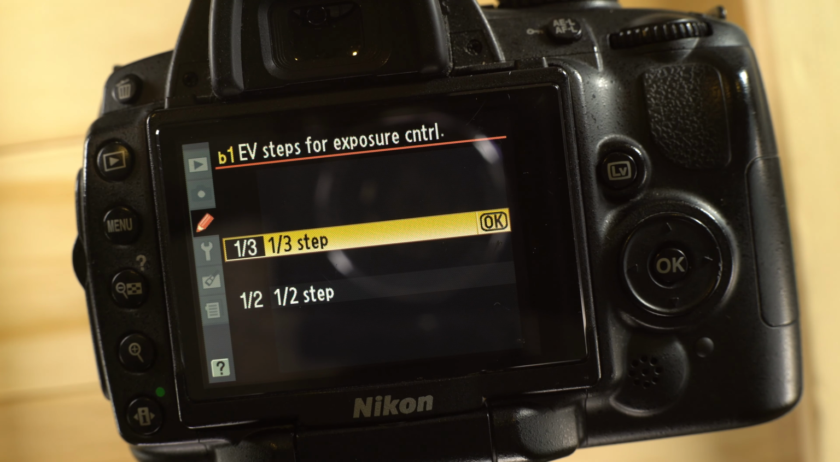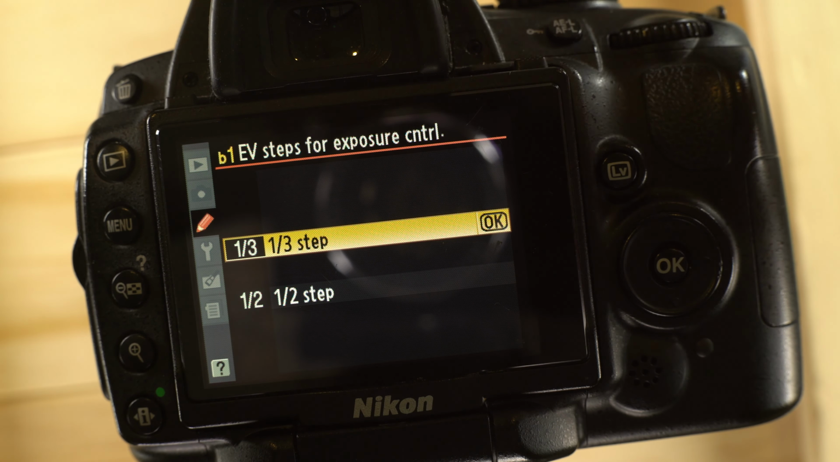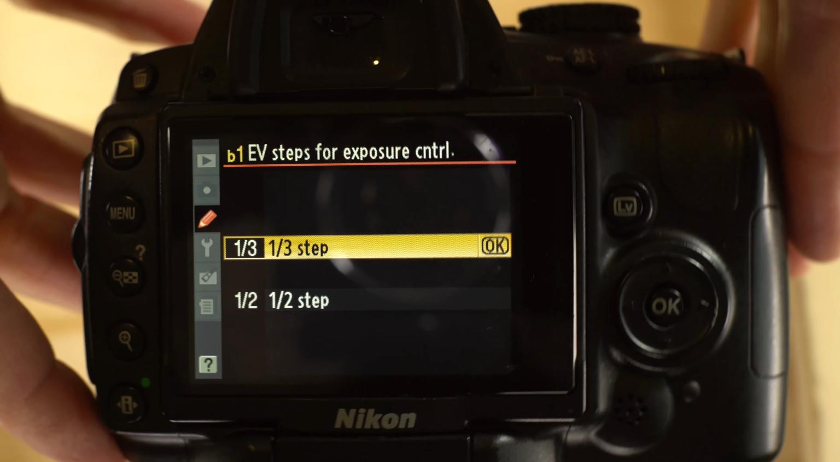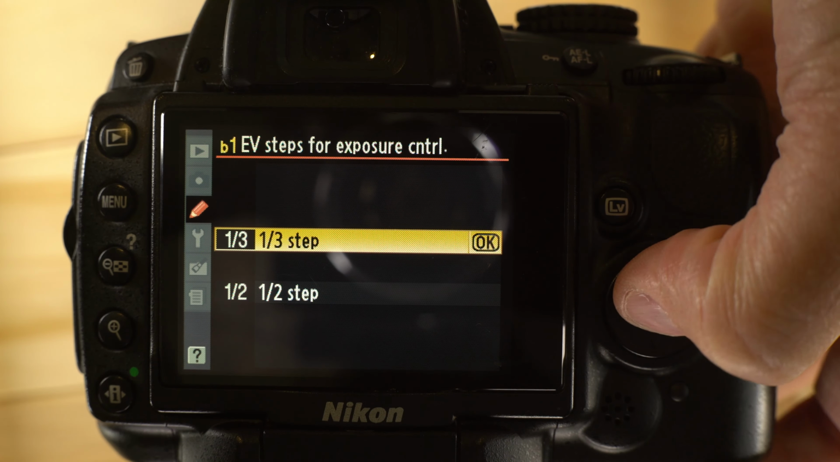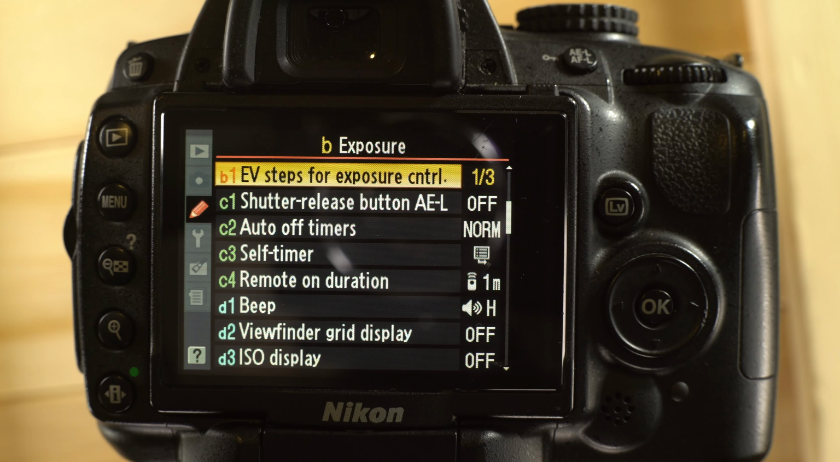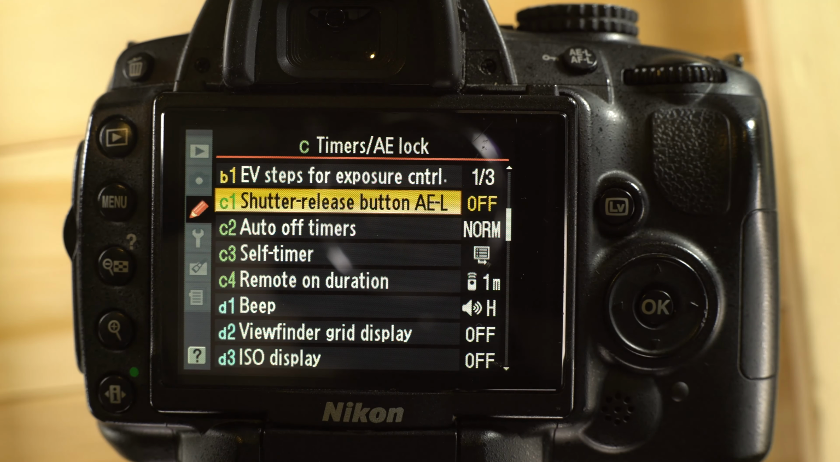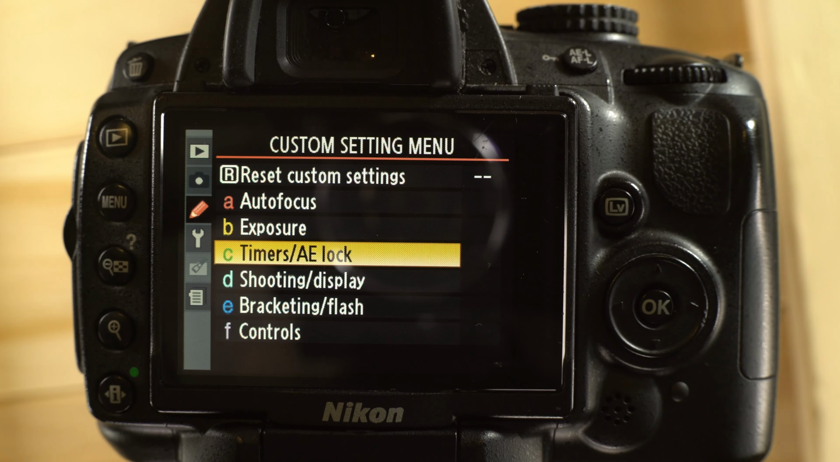With older cameras like this, 1/3 is preferable because it will give you more accuracy in your raw images, and it will get them closer to being accurate. You're not going to have as much raw image editing ability with a camera this old as you would with a new one. C has to do with, all of these different C1s have to do with timers and auto